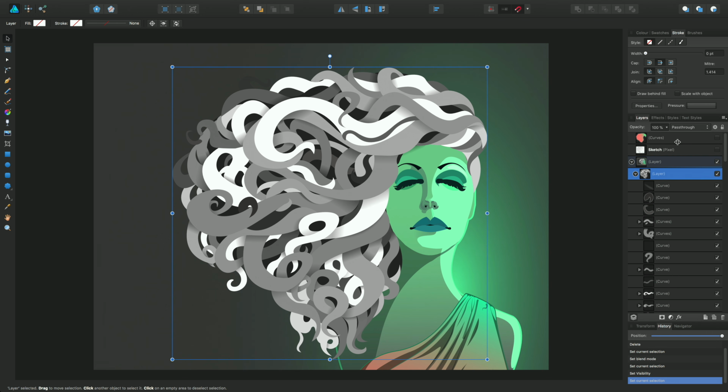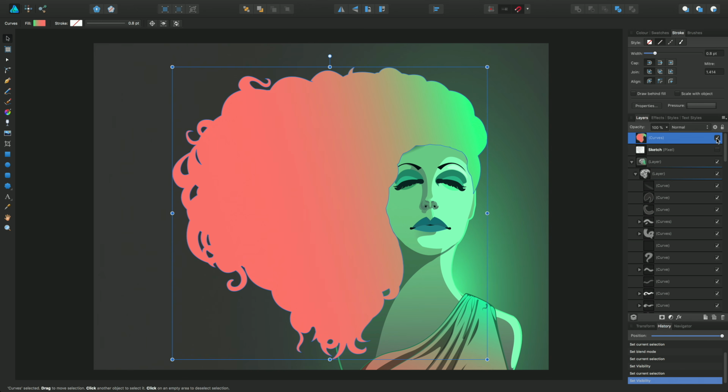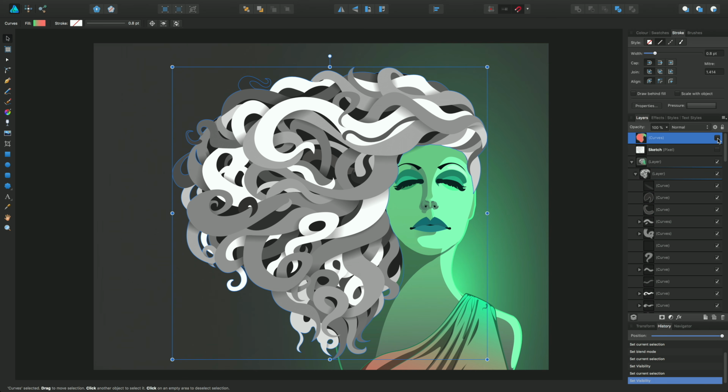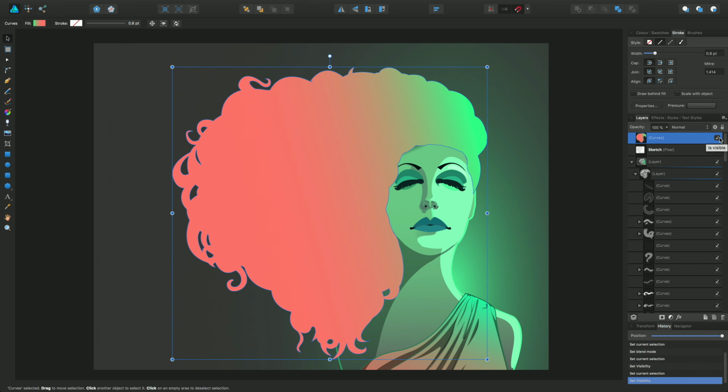By drawing this curves layer over the top, we're able to demonstrate the effects of this gradient fill across this curves layer on this underlying layer of different levels of grey, and you'll see different results from that. So if I switch this back on,